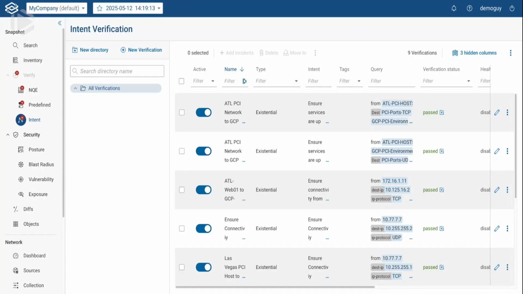Awesome. How do those intent checks get created? Is this something that are baked in checks, or am I writing these because I'm familiar with my environment and know what behaviors I need to be checking for? So this is daunting when enterprises that we deal with look at this, because they're like, I don't know what application flows I have, right? I need to figure that out.